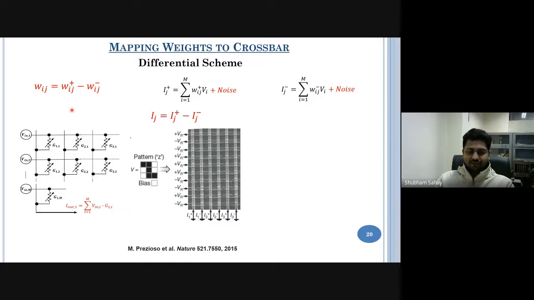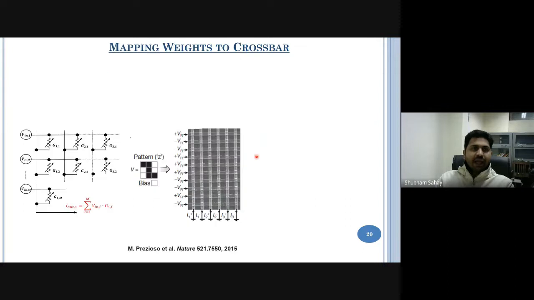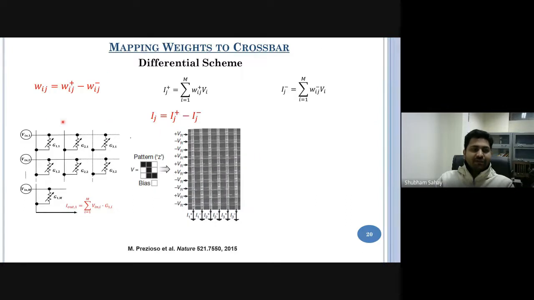So what we did, we first trained this network in software, we obtained those weight values, and we found out what conductance values we want using this simple transform. And then we simply convert this into a positive part and a negative part of the weight. This conductance is mapped to this RRAM over here, and its negative part is mapped to the adjacent column. Similarly, this conductance is mapped here, and its negative part is mapped to the adjacent column. Once we have mapped and tuned all of these RRAMs, which are at the intersection of these rows and columns, according to whatever weights we obtained in the software,